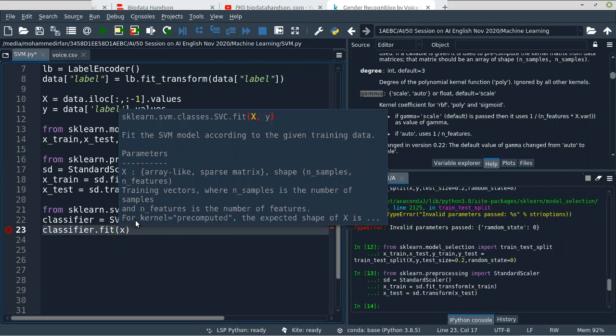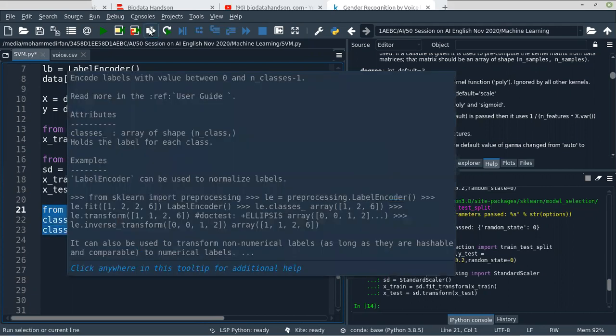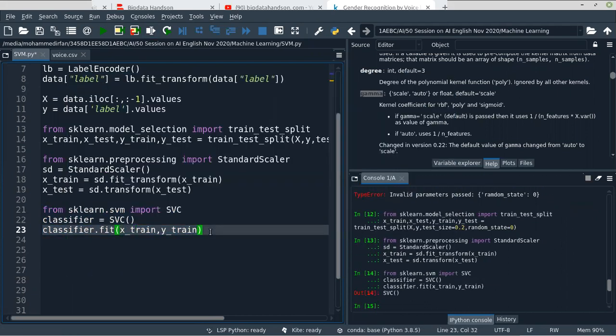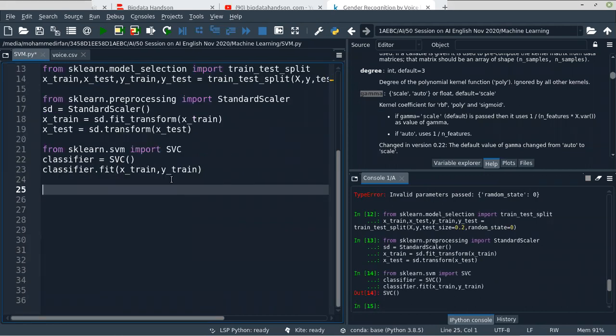Now we need to fit the training data, x train comma y train. So now we have fitted the support vector classifier. Now it's time to predict. y pred equal to classifier dot predict.